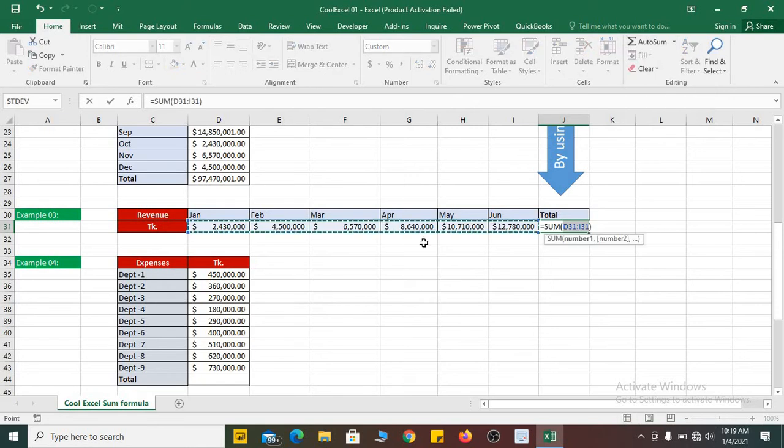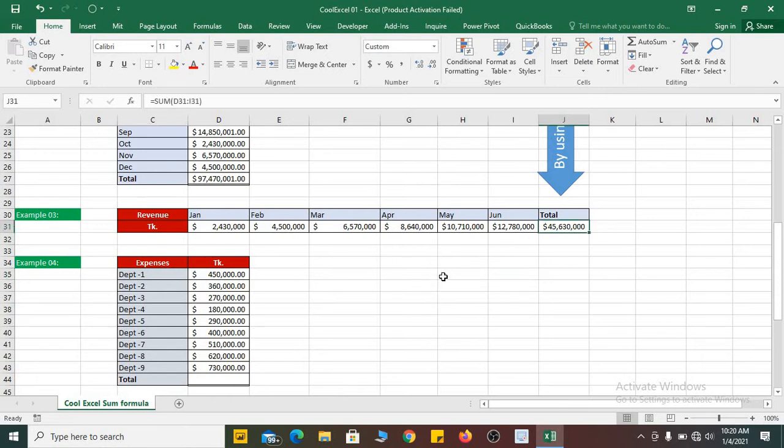Wow, it's working well. The area is horizontal, and if you want to reduce the area, then you need to click this square button and press your left mouse button and drag it to the right to decrease the area and to the left to increase your sum range, and press enter from your keyboard. This will be your sum amount.